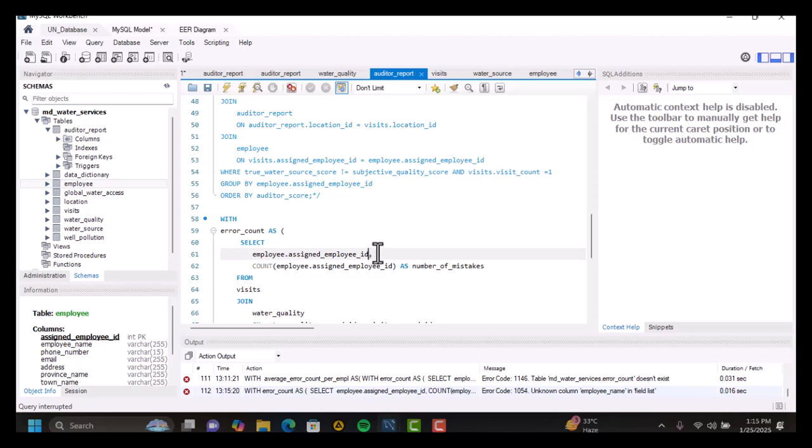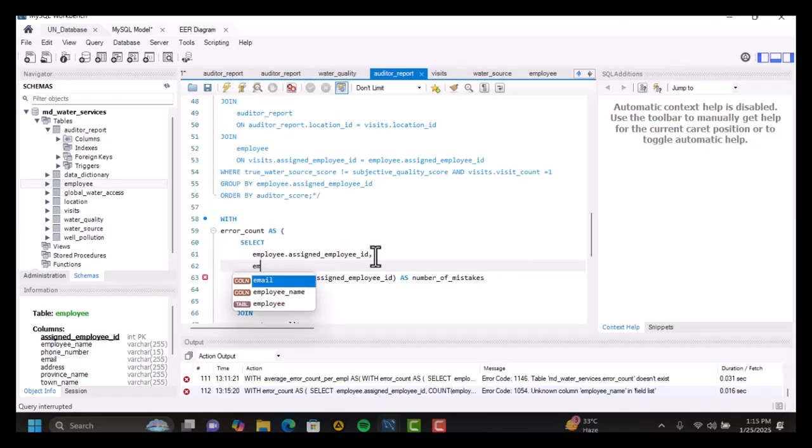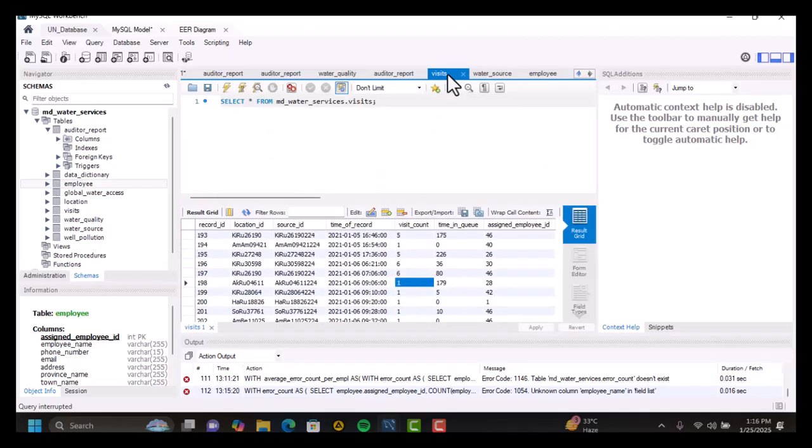Great. Visit table, does it have employee name? No. So we are picking from water quality, auditor report, and employee. Good. So we can pick employee name